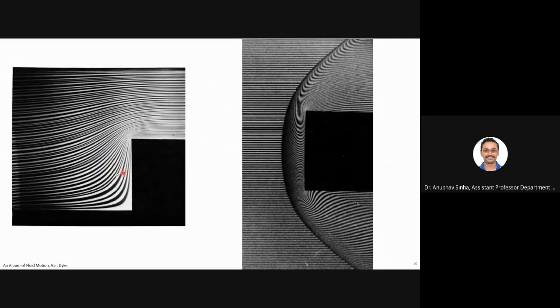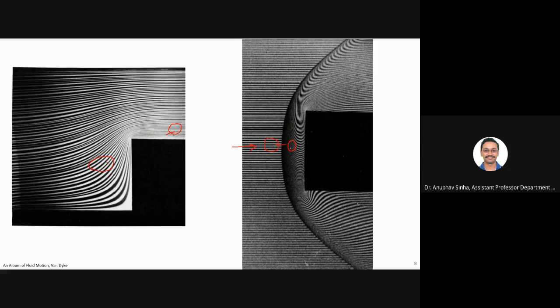Let me compare this and this. Here you have some velocity, and after this, your velocity, pressure or temperature will not be drastically different in these two locations. But when you see a shock, the free stream velocity is definitely supersonic. Once it passes through the shock, it becomes subsonic, especially in the case of a normal shock. So the velocity change is drastic.